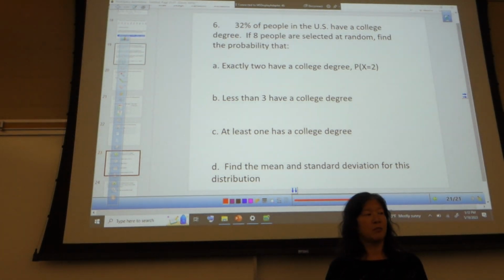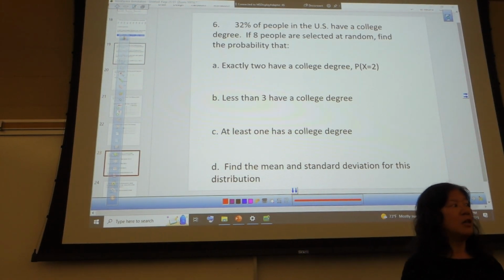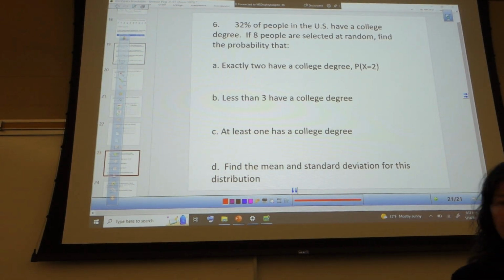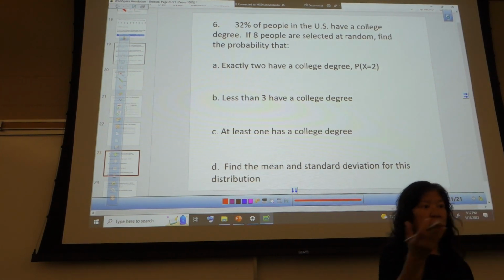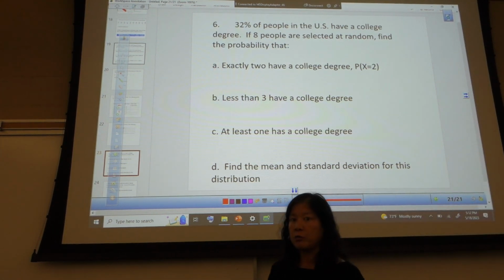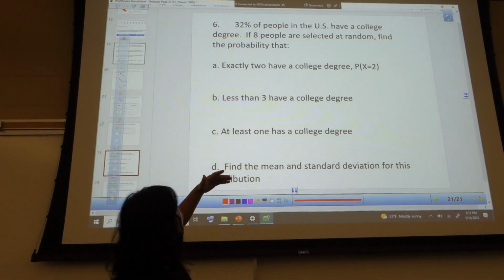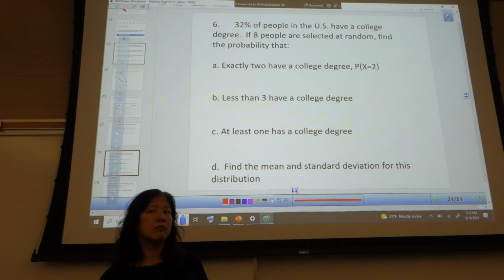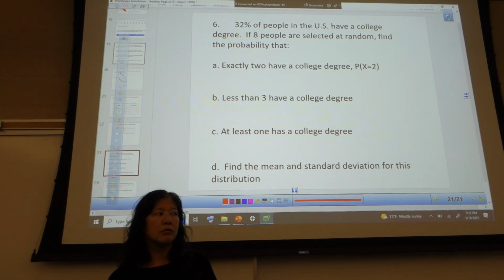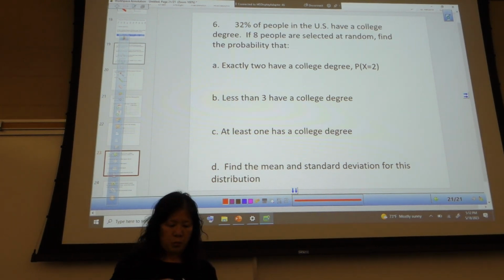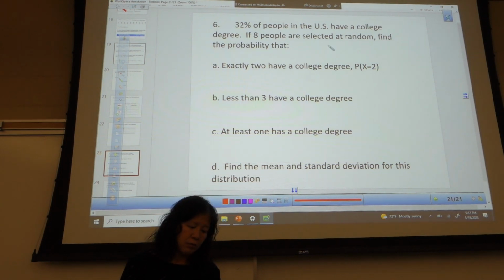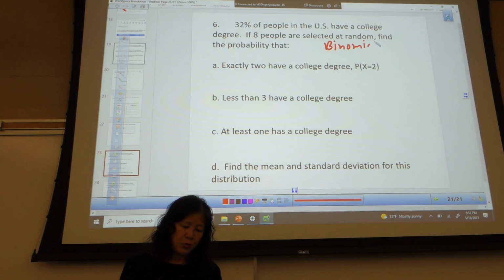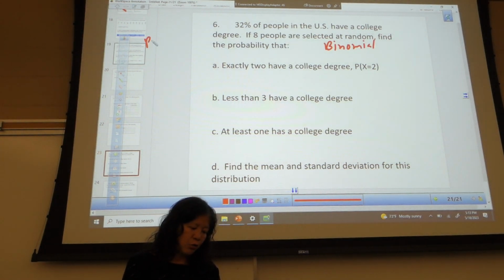Binomial, exactly. So this is a binomial problem, which means that it's either one or the other. You either are or you aren't. So if 32% are, then what percent aren't? 1 minus 32%, so 68%. So this is going to be binomial, which means we're going to be using binom